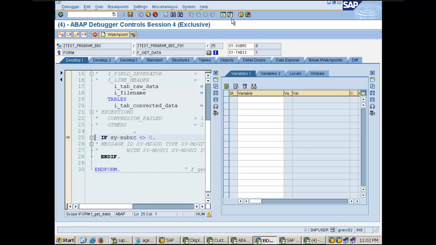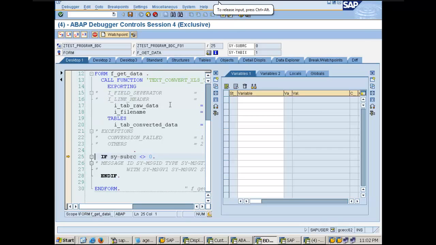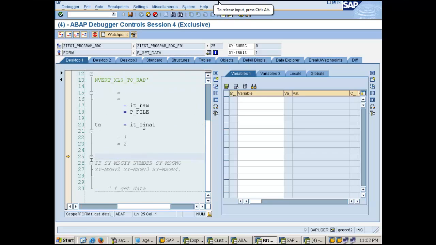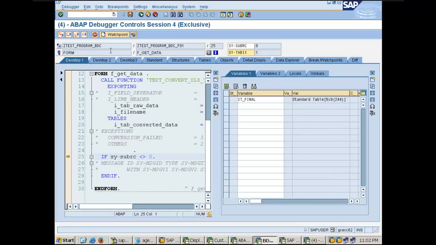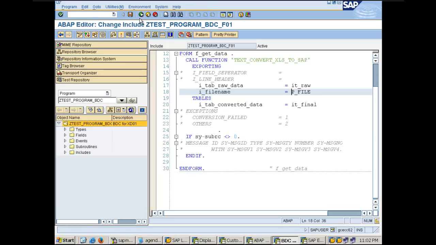So now you can see size of ours is 0, which means something good happened. So this is my converted table. If I go inside this, I can see that it pulled everything from the Excel sheet. This is the header, then second to sixth, it's basically the data. So sounds good, I hope yes. So what you can do,